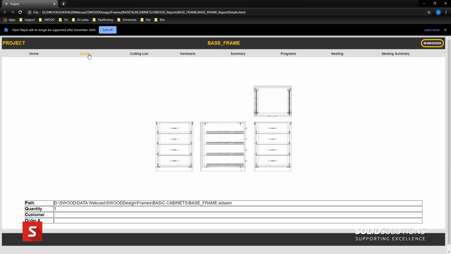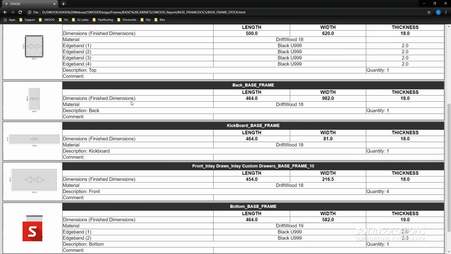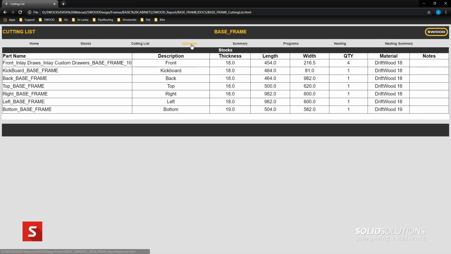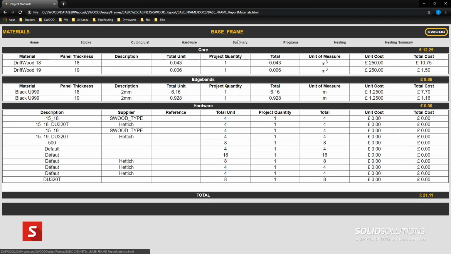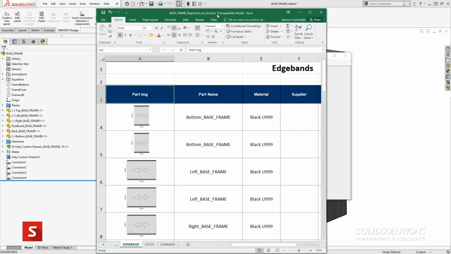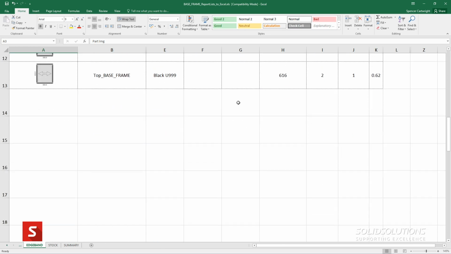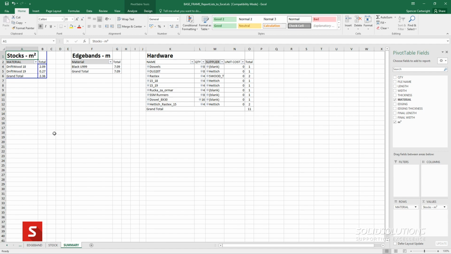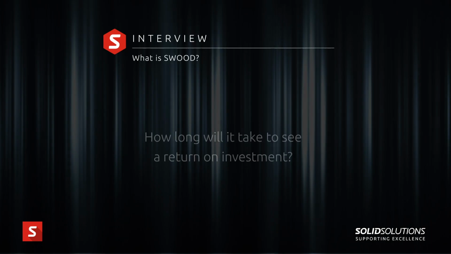We can also help you with the reporting side of things. As you know, within SWOOD, we can actually export a lot of that information automatically with a SWOOD report. These reports are highly customizable, and you can produce everything from Excel documents to HTML documents to CSVs, XML, to interrelate with other third-party systems, ERP systems. So from Solid Solutions, we can give you plenty of help with customizing this, everything from putting your own logo, color schemes, all the way to modifying cut lists, labels, Excel documents, even to producing quote documents or interlinking with ERP systems.